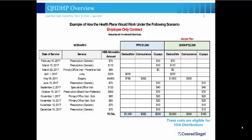After that, coinsurance again would come into play, and the member would pay $300 in coinsurance. Because the deductible's met, now the plan's going to continue to function exactly like it had previously functioned. So the copays in our sample plan are exactly like the copays under the PPO 1000 today, and we have the same out-of-pocket costs for those members. So you can see at the bottom, the member would have paid $2,000 in deductible, $300 in coinsurance, and $180 in copays. So the same $6,085 total cost, the member would have picked up